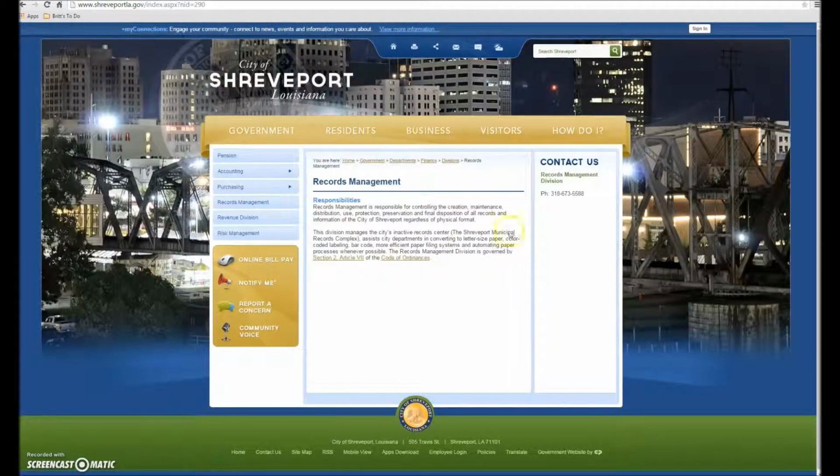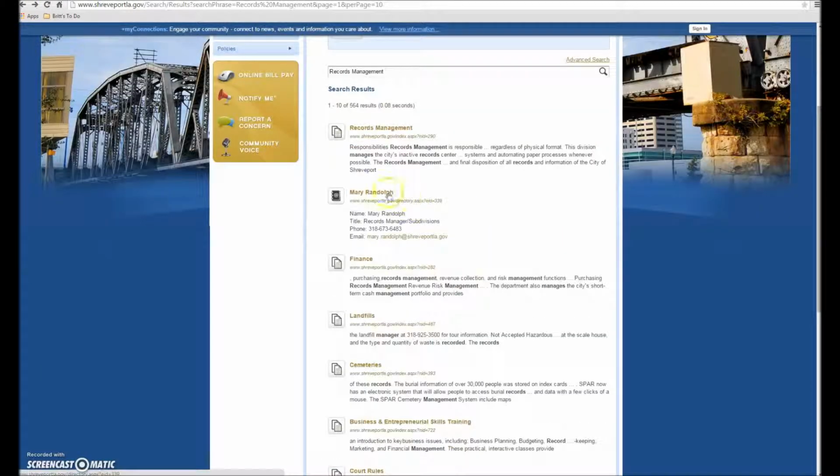When we select records management, it does tell us that the City of Shreveport does have a records management department. It's within finance, and tells us the scope of the responsibilities associated with that department. It also gives us a phone number, which I have actually never had any luck using. So we will go back to our search results, and the next item in our search results is Miss Mary